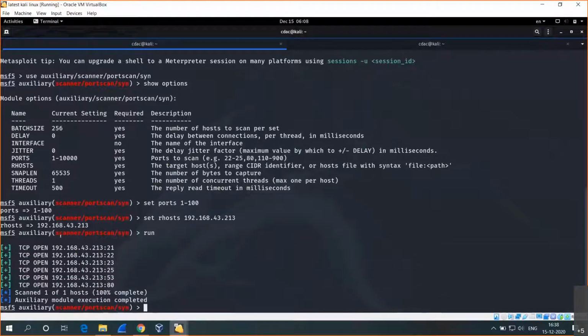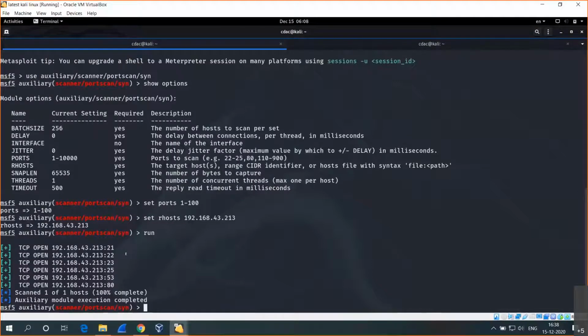Generally, we do this part in information gathering to check what are the services that are available, and even if we want to go in depth, we can use the vulnerability scanner, where in the previous session we have demonstrated the tool called Nessus. By using Nessus also, we can do the vulnerability scan. And even in Metasploit, there is a module called Metasploit Nessus. So if we install Nessus in our Kali machine, we can use Nessus with Metasploit.